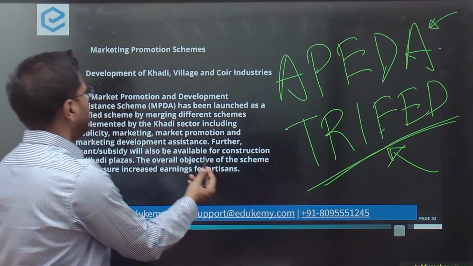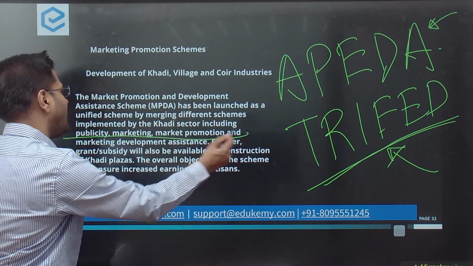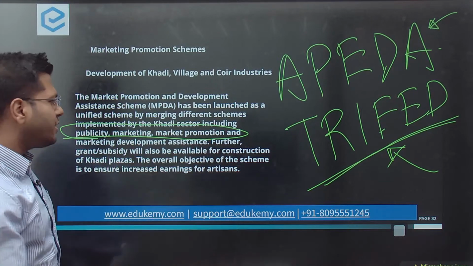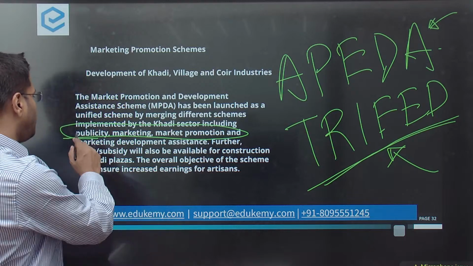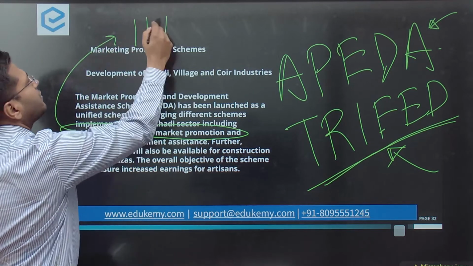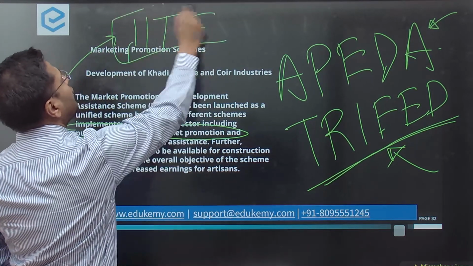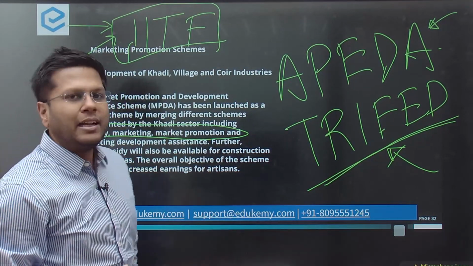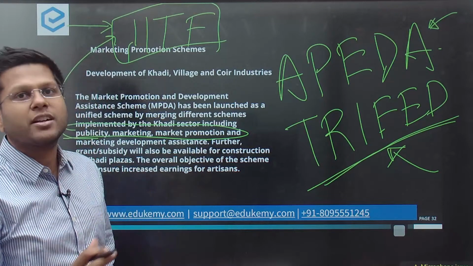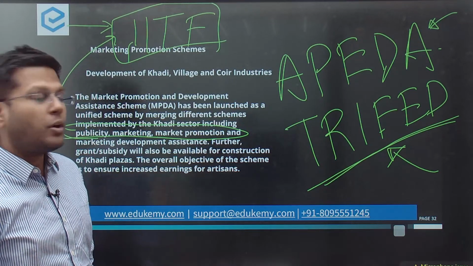So what is it that we are talking of? We are talking of publicity, marketing, and promotion. A simple example of this is organizing fairs, right? For example, the India International Trade Fair, a good example of promotion. Whenever they would happen in Delhi, because years back when I was preparing, I would go to these fairs and study these products, how they are prepared, what is the use of them.